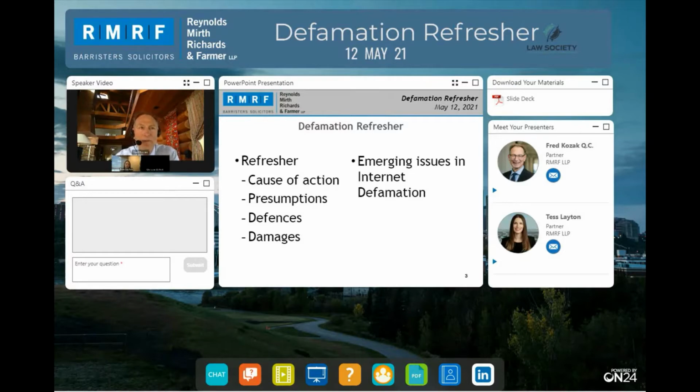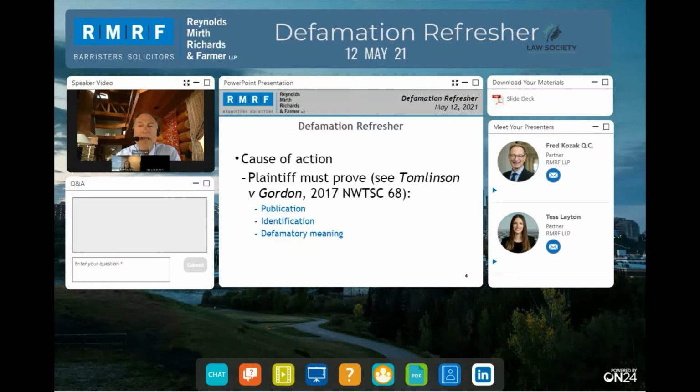I'm going to be dealing with the first of those three: causes of action, presumptions, and defenses. Tess will deal with damages and emerging issues in internet defamation. So, cause of action. A relatively recent case from your court